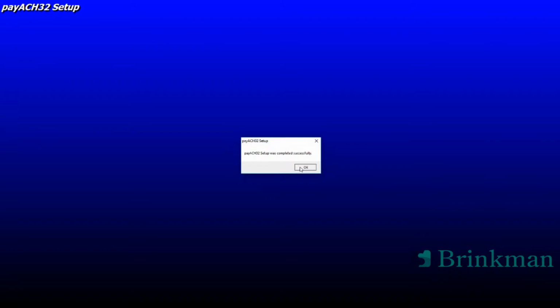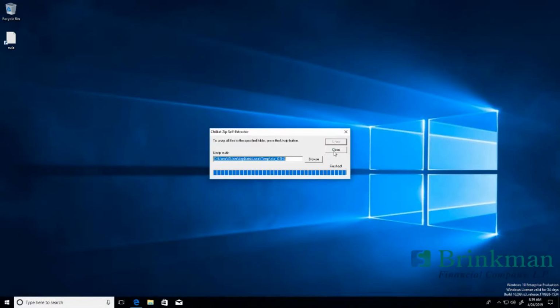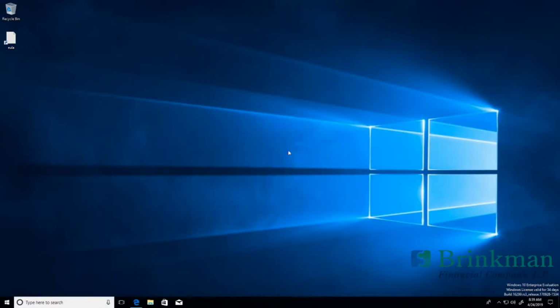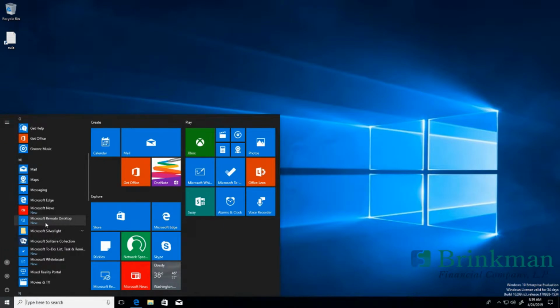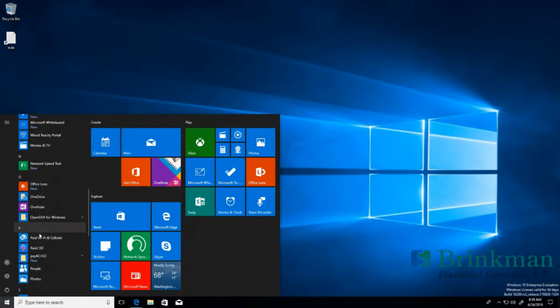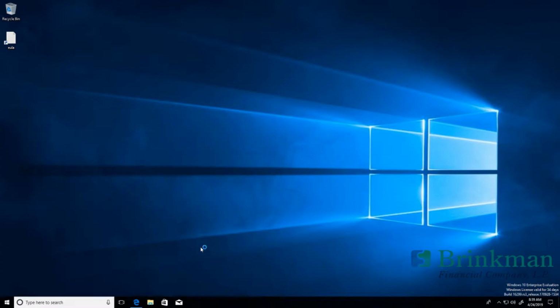Once complete, press OK. You can press the close button for this part of the installer. Now from the start menu, you will now have a new entry under payACH 32, and the product will show payACH 32. You can right click on it to pin to start, and once you start,